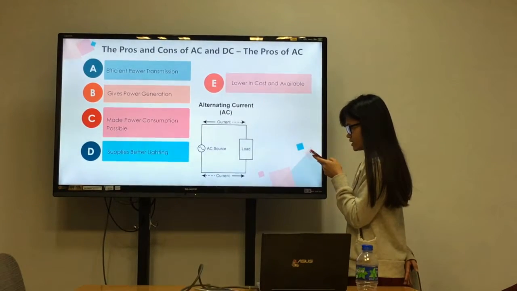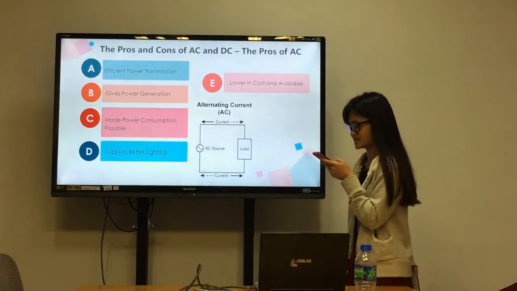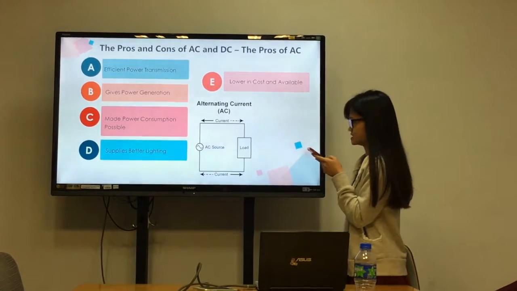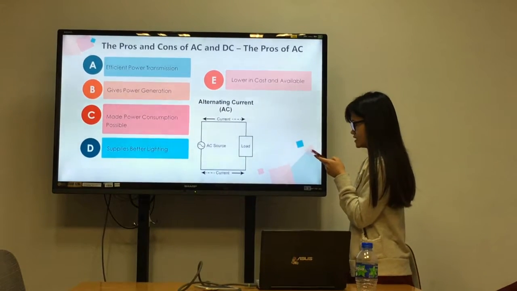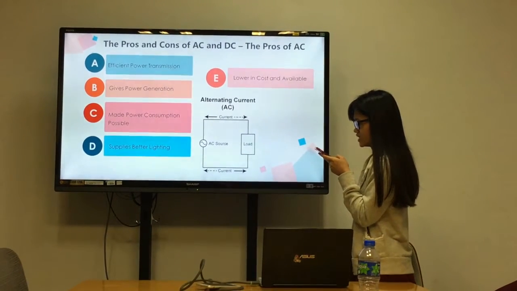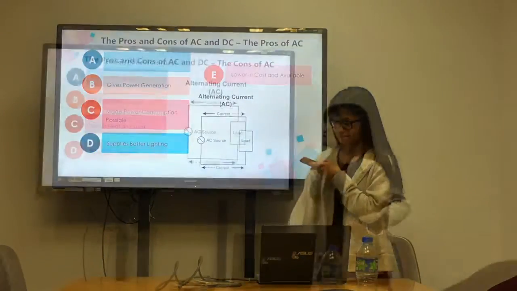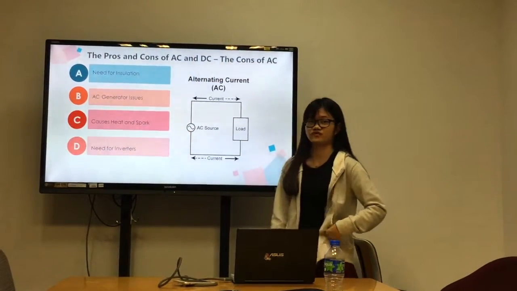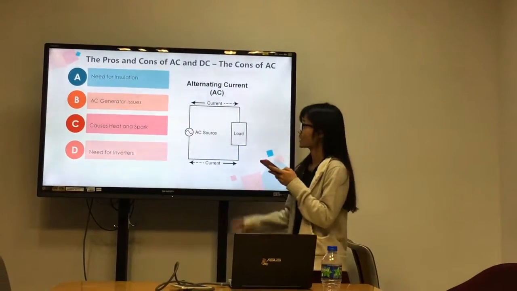AC is also available in abundance and is said to be less expensive. Compared to DC, the availability of AC is better and its cost is lower than DC, which also supplies lower currents. After we talk about the pros of AC, it comes to the cons of AC, and the first one